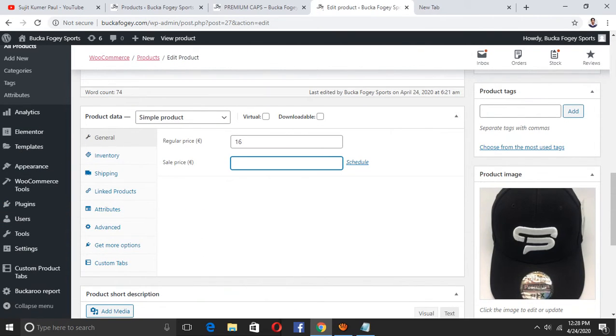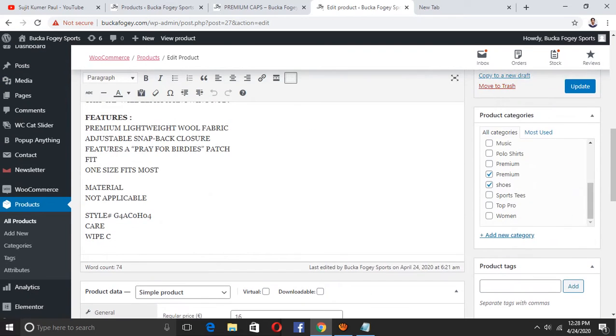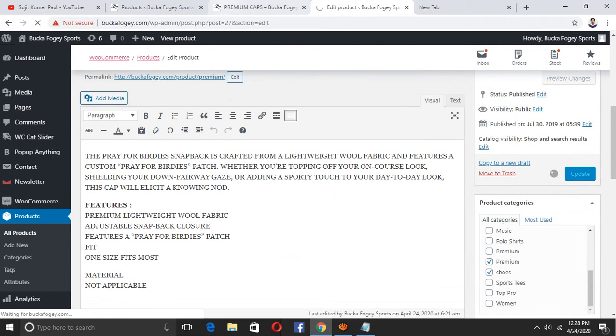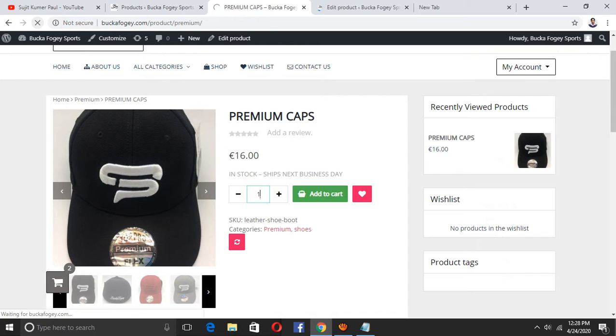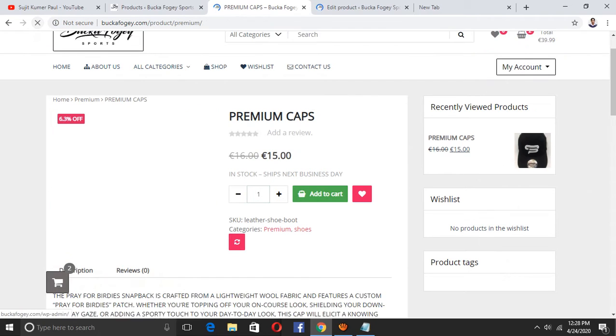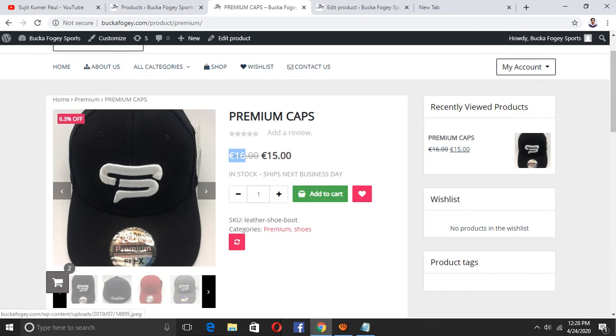I will put 15 here and update. You can see this is the original sale price, but if you want, sometimes you can discount any price, and then you can show it like this, and here you see one.